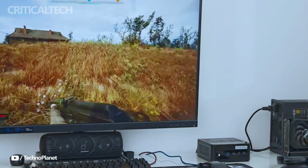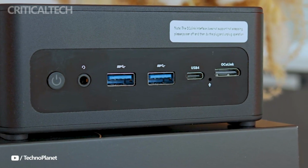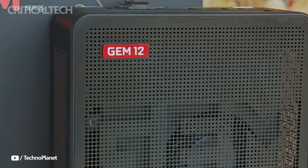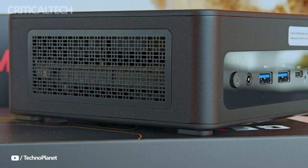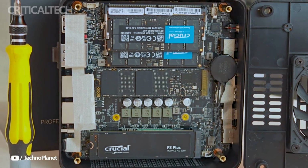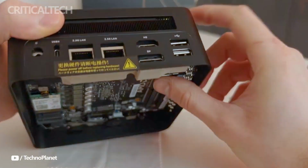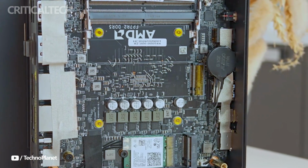In addition to its powerful CPU and GPU, the GEM 12 Max supports up to 96 gigs of dual-channel DDR5 memory, ensuring smooth performance for resource-intensive applications. For storage, the device includes two M.2 2280 PCIe 4.0 x4 slots, offering high-speed SSD performance and expansion capabilities of up to 2 terabytes. Furthermore, an OCuLink interface enables additional graphics or disk array cabinets, adding versatility and freeing up NVMe slots for